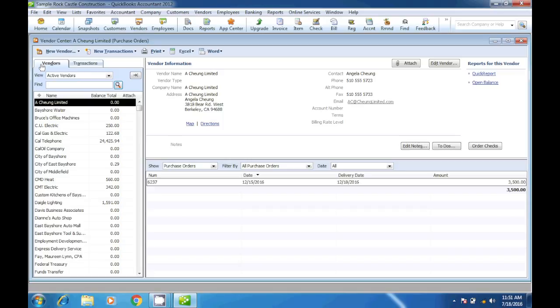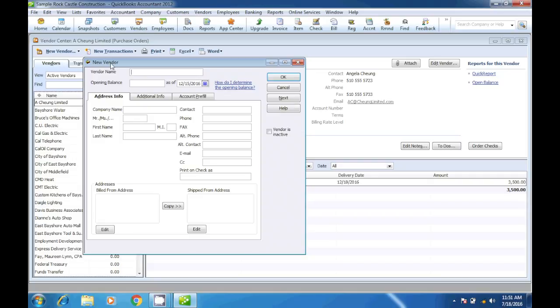Now, if we look in the vendor center, there are so many things that we can do. On the right side, under vendor information, it gives us an overview of the currently selected vendor. Right now we are working on the vendors tab. To create a vendor, we click on new vendor, and then a new vendor window will open up on your